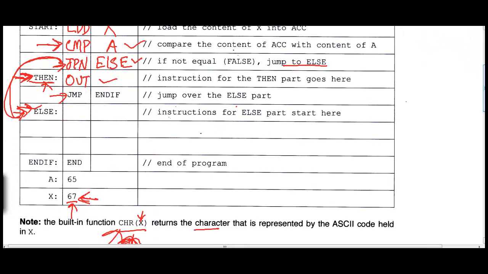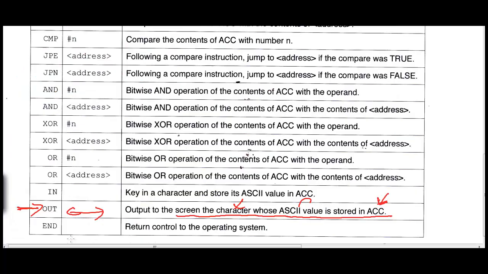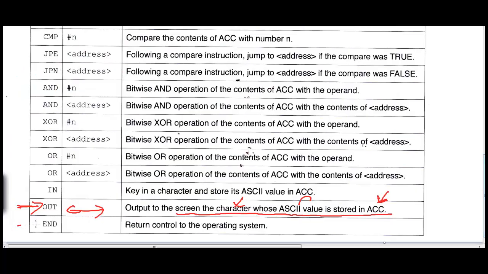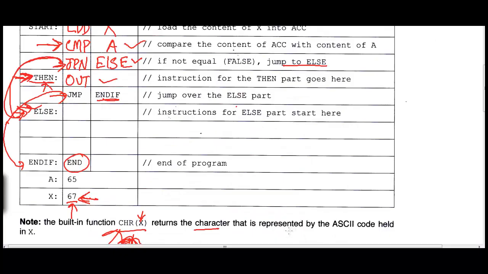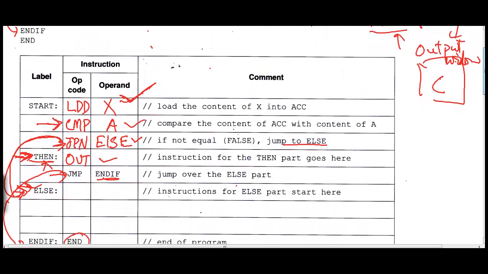We are going to jump to this label, and when we go to this label, what is written here? End is an instruction which is going to end our program. This instruction is going to return the control to the operating system, which means our program is going to stop executing. Okay.